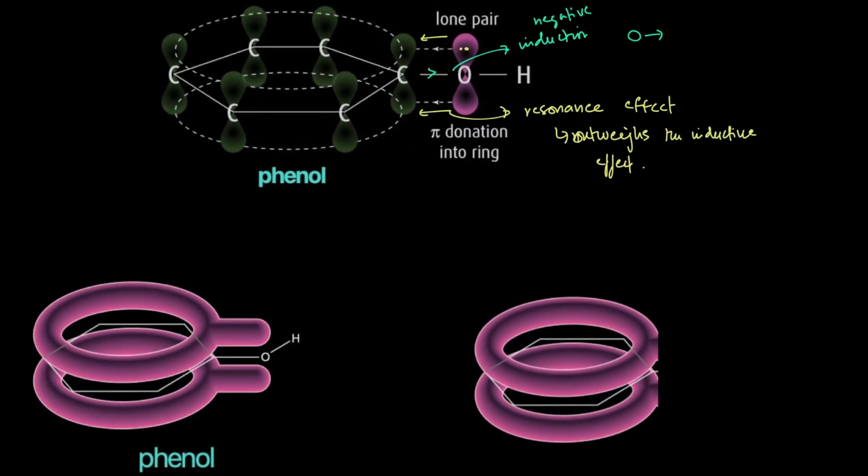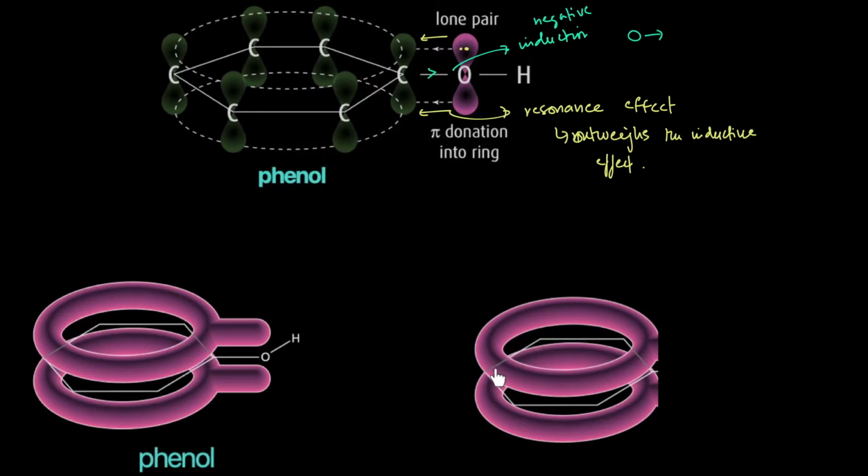The inductive effect is basically that oxygen is more electronegative. Its nucleus attracts electrons more strongly, so it is withdrawing electron density away from the ring. That's negative induction, electron withdrawing. But at the same time, one of the lone pairs, since the other lone pair is not in this plane, it's perpendicular to this plane, but one of the lone pairs, or one of the p orbitals, arranges itself such that it delocalizes into the